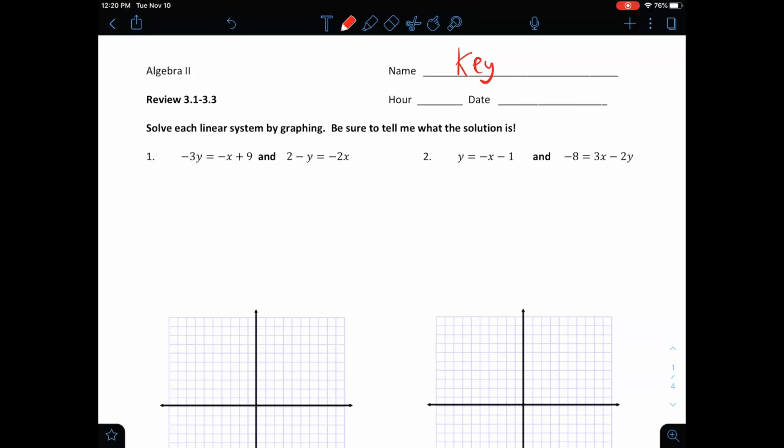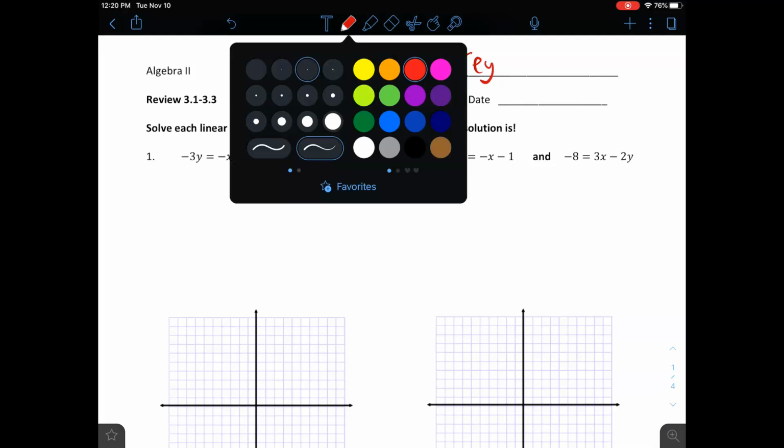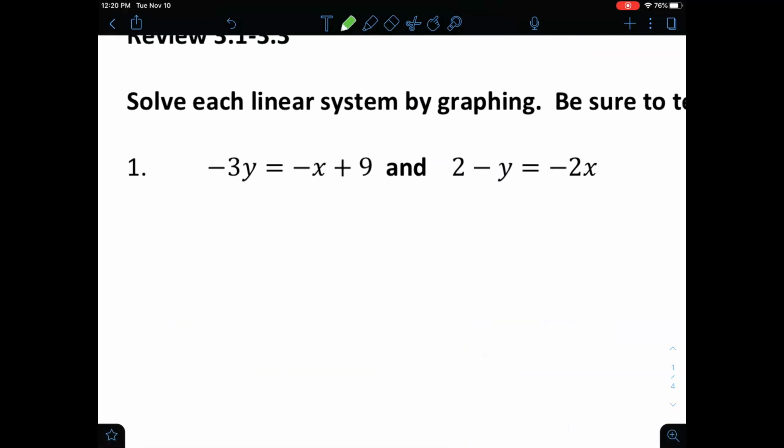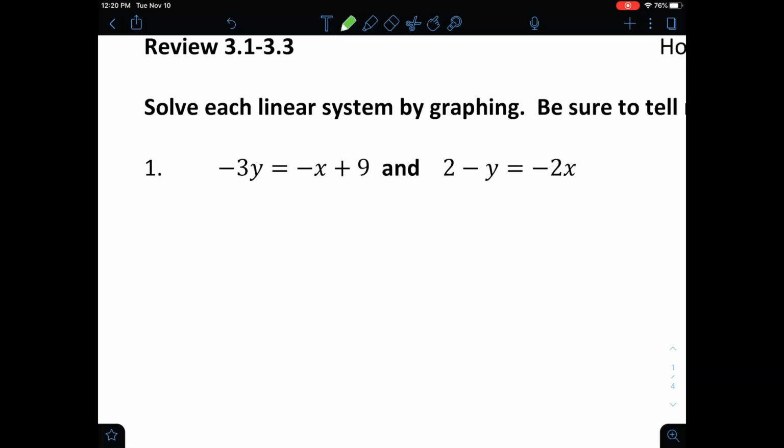All right, so number one says negative 3y equals negative x plus 9, and 2 minus y equals negative 2x. So to graph, we need it to be in y equals mx plus b form, or slope-intercept form. So we need to get y all by itself. For negative 3y equals negative x plus 9, we have negative 3 in front, which is being multiplied. So I'm going to divide both sides by negative 3 to get y is equal to,